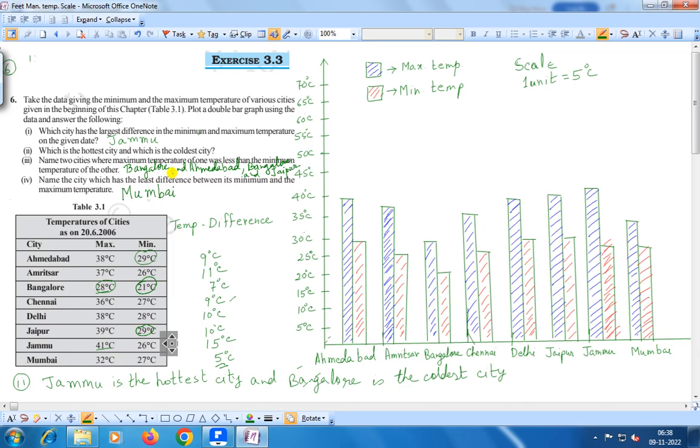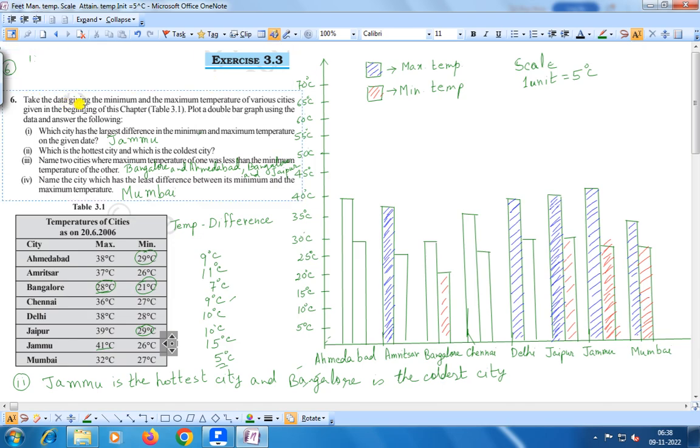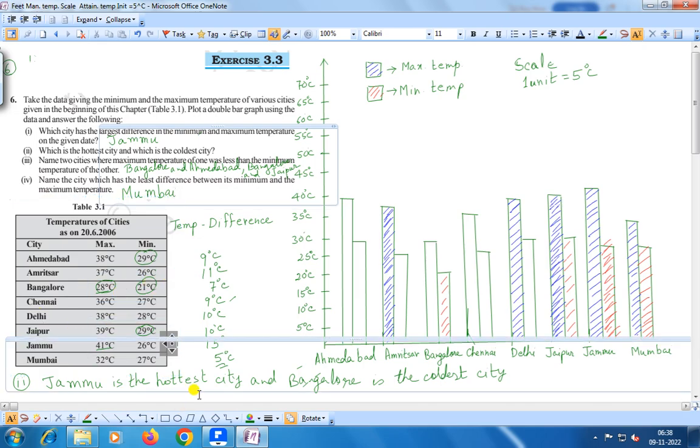Right. Again we are trying to explain this question. They take the given minimum and maximum temperatures of various cities of table 3.1. This is the table of 3.1: Ahmedabad, Amritsar, like this. And what we are getting, you see,